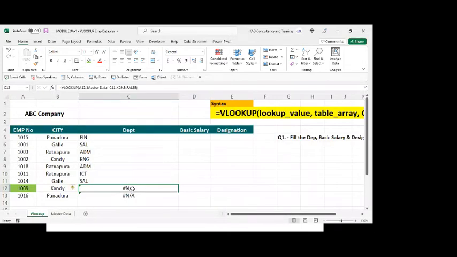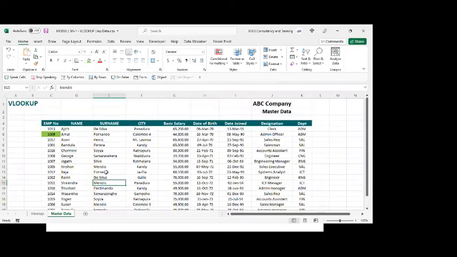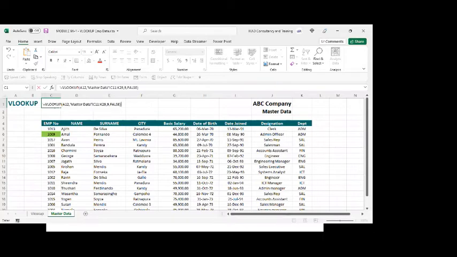So let's take this formula from here. I'll copy it from here. Control C. When you come across an issue, always handle it step by step, slowly. First thing, copy it, escape key, go to master data where the data is and see what is wrong with this formula. When you paste, remember to put an apostrophe, otherwise it will try to calculate that and give some value. Apostrophe and then paste it. So this is my formula.